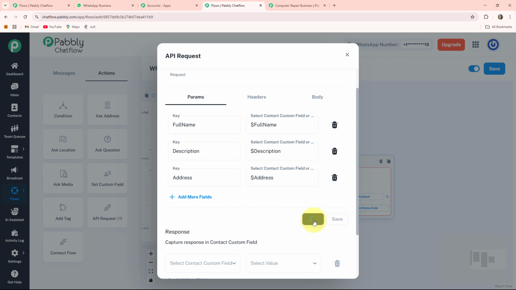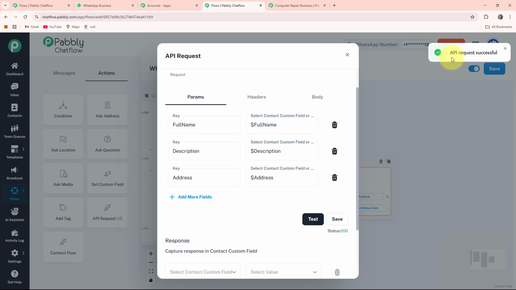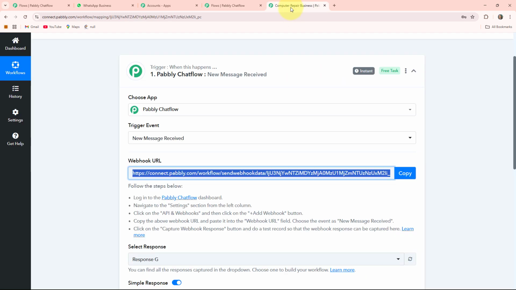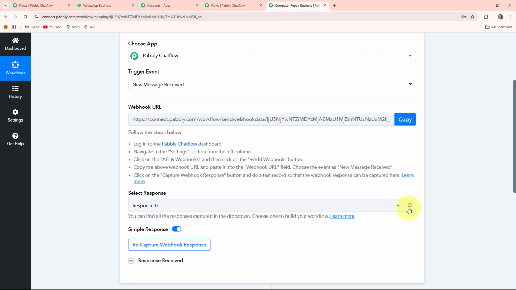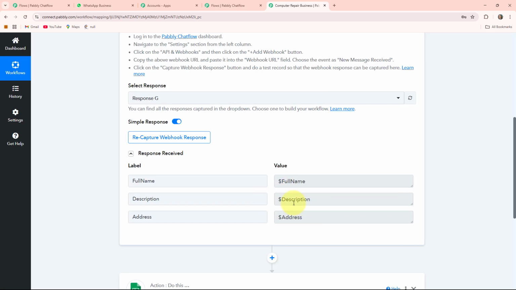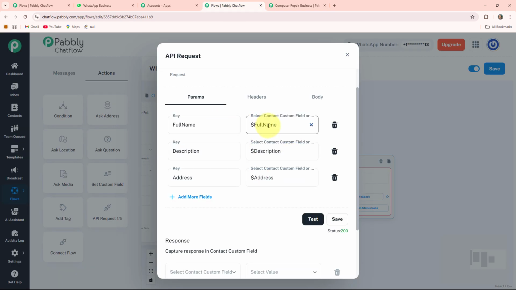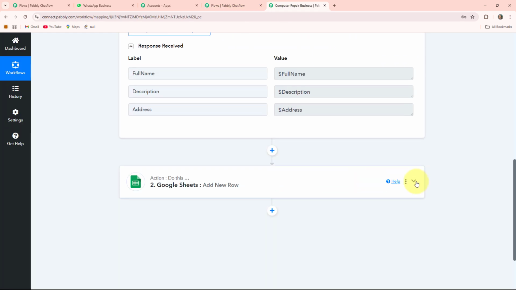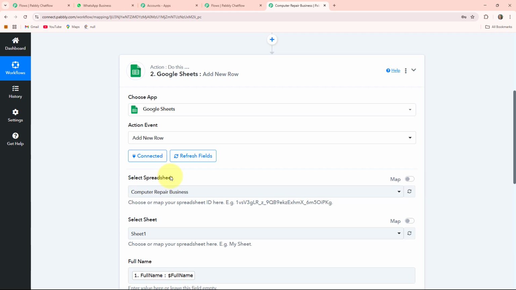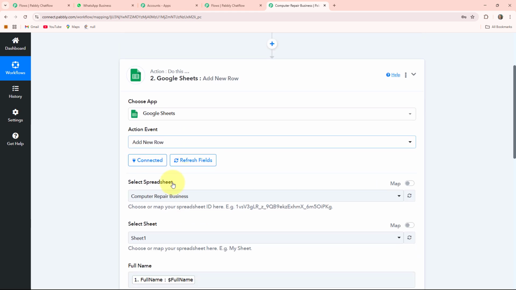Now I am clicking on this test option. Then you can see it will provide you one notification, that is API request successful. Now again we will go to our Pabbly Connect account. It will provide you one response. Here you can see I got the response, that is full name, description and address that we have written here. See. Now the next application I'll take as Google Sheet, where I'll select the action event as add new row,